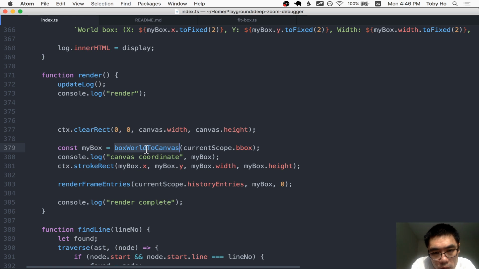We might want to change that, because it would not be an issue if we had moved this call inside the render frame entries function, as the first call to that function. However,